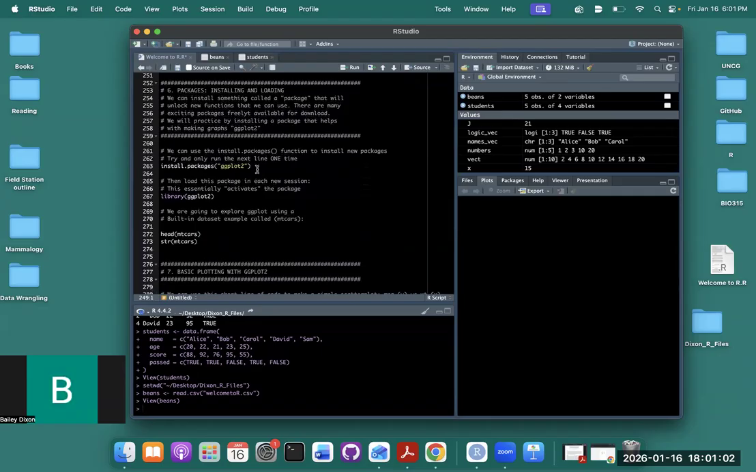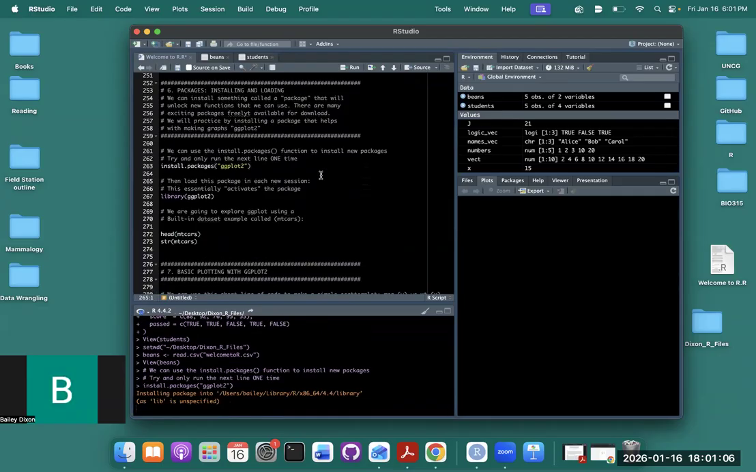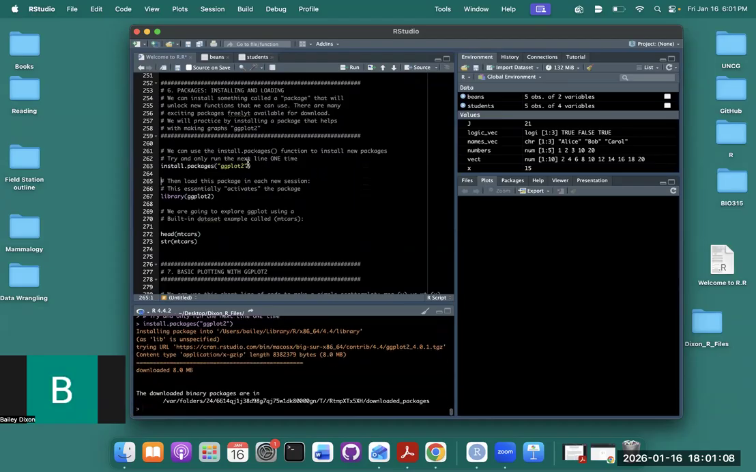This next section is showing us how to install packages. So once you run this line of code, you should get a bunch of text down here showing up that tells you that